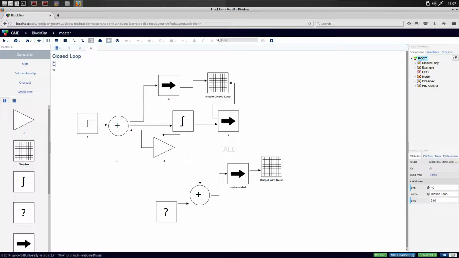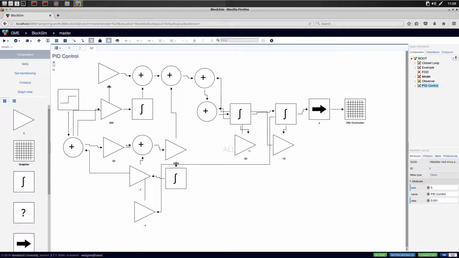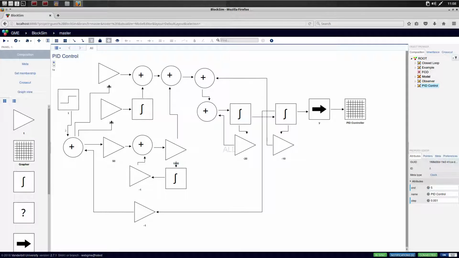basic closed loop, where we have our closed loop here, which generates one graph of our control effort and our output, and another graph where we demonstrate what adding noise to the signal would look like. Then we have a more complicated control, which is a PID. So we have our P, our I, and our D, our feedback loop, and then our model of our system itself, which we then measure the output